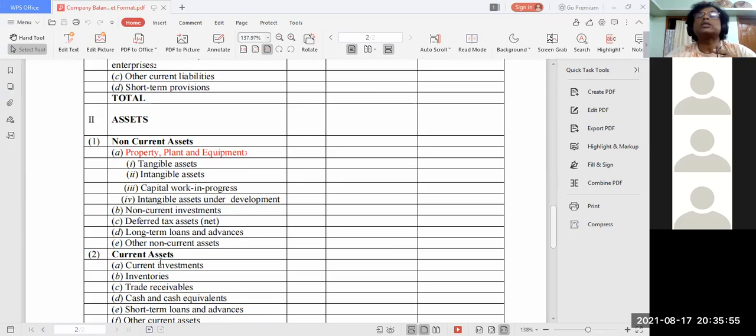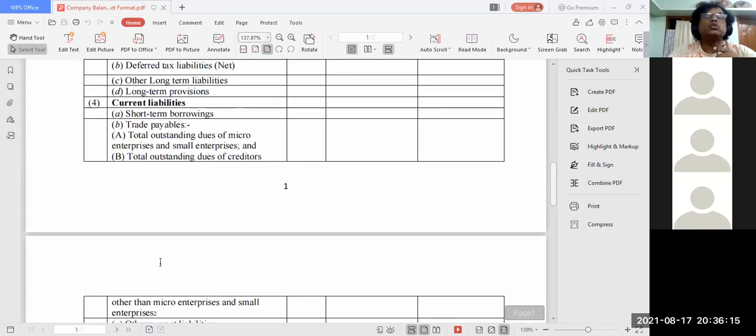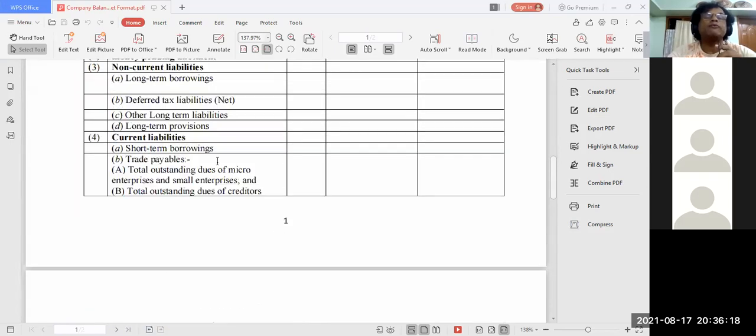All of you understand what is current asset? Current asset means those assets which tend to be converted into cash within one financial year. Like your stock is current asset, debtors are current asset, your bills receivable are current asset. And what is current liability? That also you know: the liabilities which will be payable within one financial year, like bills payable and outstanding expenses. All these current liabilities will come here.